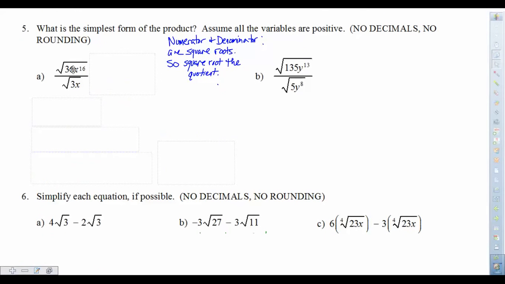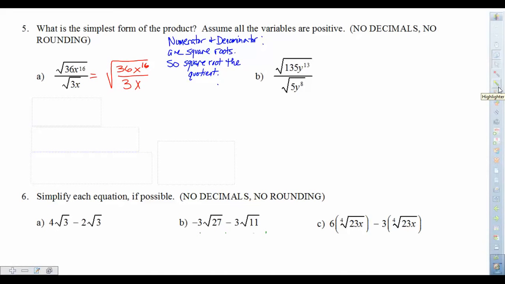Notice that we have like radicals. The numerator is a square root and the denominator is a square root when you look at 5a. So it's okay to look at that as one square root, and so we're going to go ahead and do that. We're going to look at that as just nothing more than the square root of 36x to the 16th divided by 3x. And so what we have to do